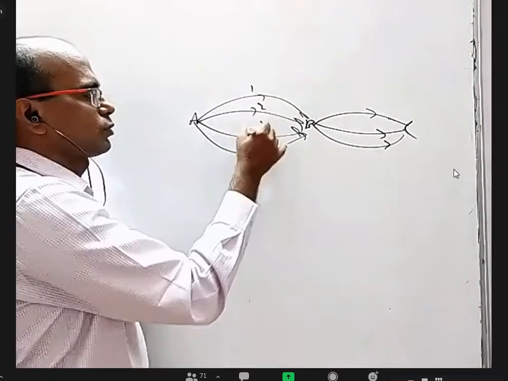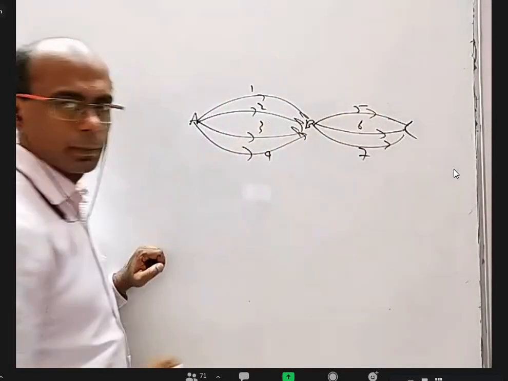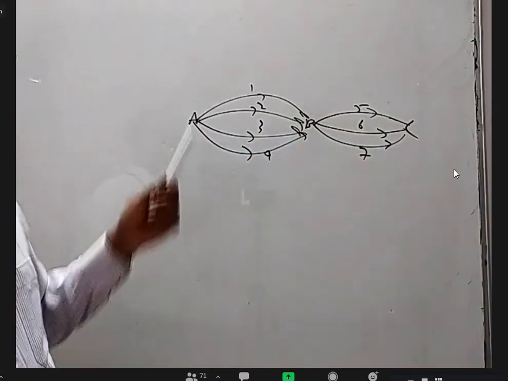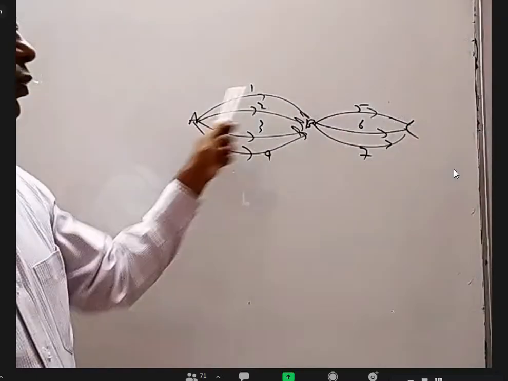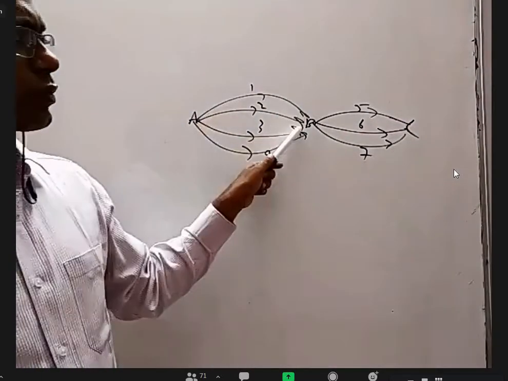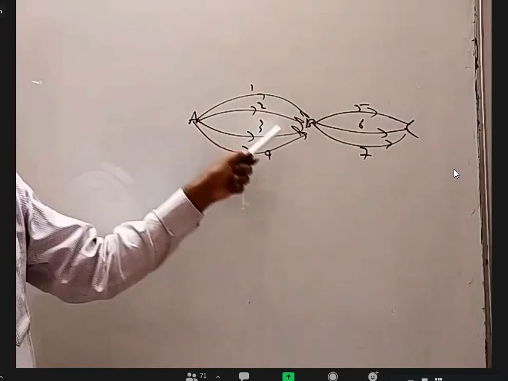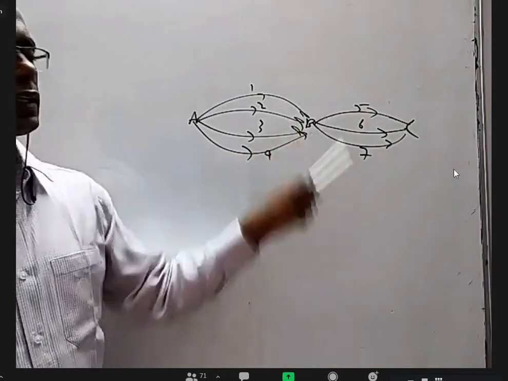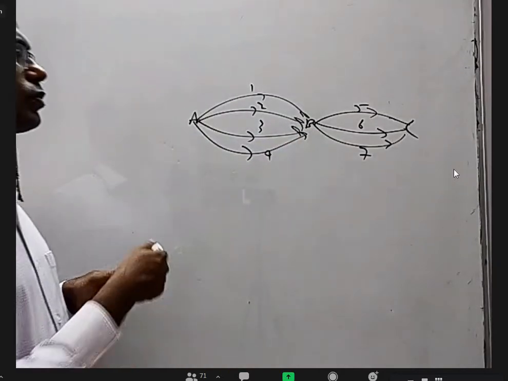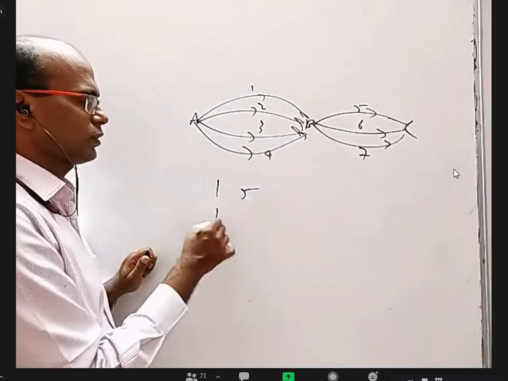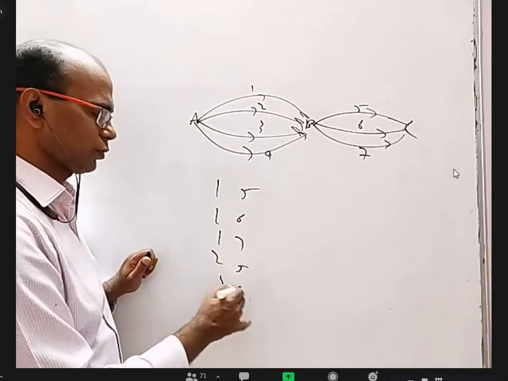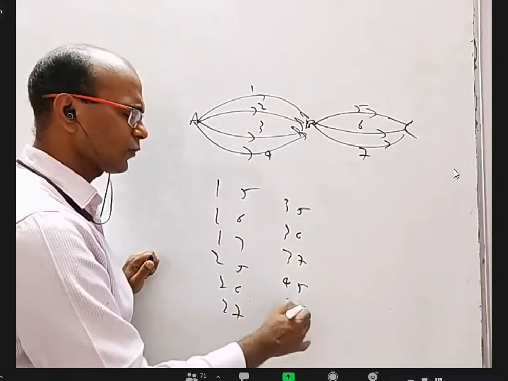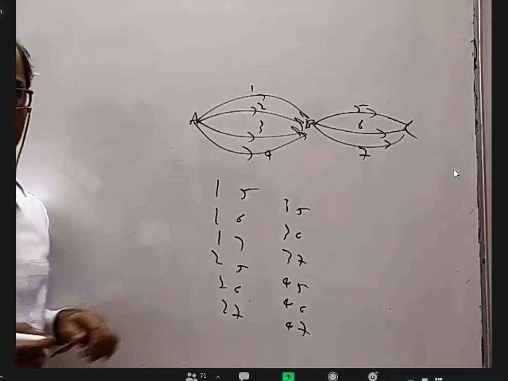That is road 1, 2, 3, 4. This is 5, 6, 7. This is road 1 here and then road 5 here. Road 1 here and then road 6 here. Road 1 here, road 7. Even after choosing road 1, there are 3 choices. If you choose road 2, again there are 3 choices. If you choose road 3, again 3 choices. If you choose road 4, again 3 choices. So when you write the roads, 1, 5 is one way of going. 1, 6, 1, 7, 2, 5, 2, 6, 2, 7, 3, 5, 3, 6, 3, 7, 4, 5, 4, 6, 4, 7. Total how many ways are there?